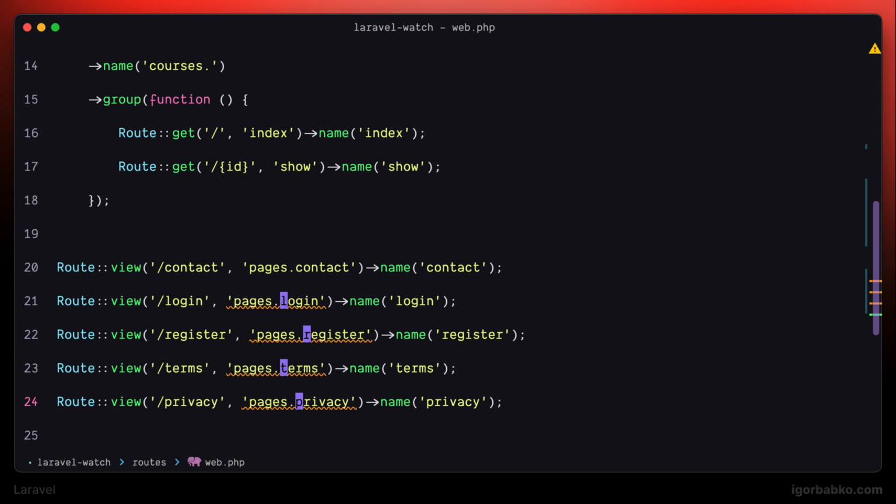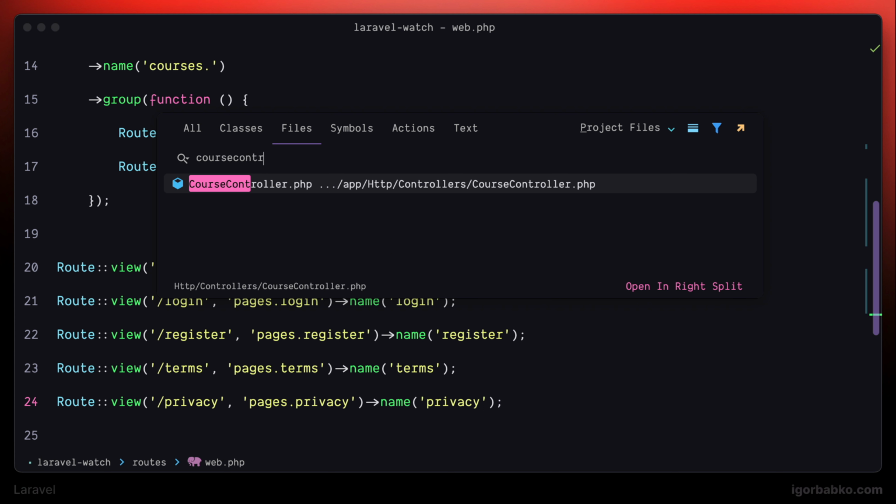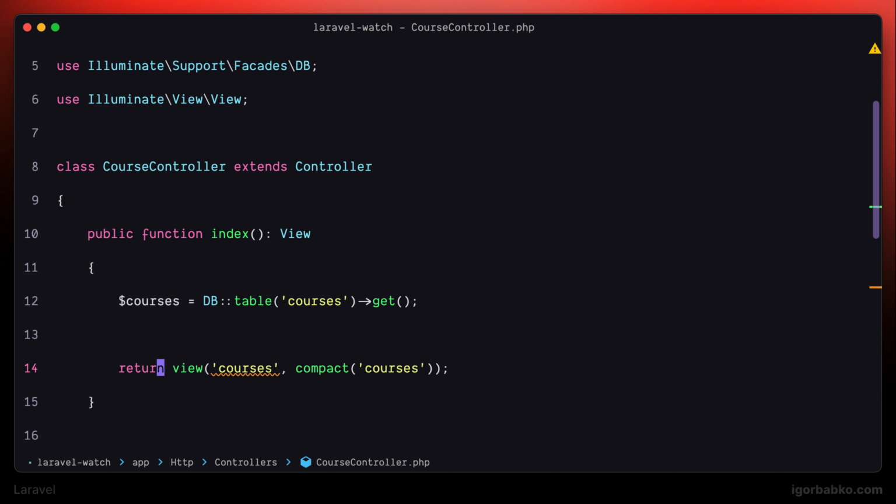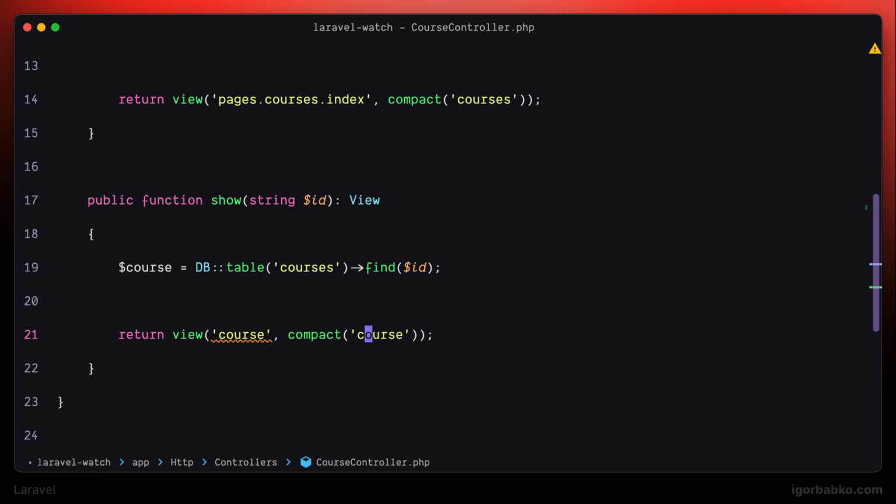Let's not forget that we also have some template references inside the course controller. Inside the index method, we'll have to use pages.courses.index as the template name, since we have moved the page responsible for showing the list of courses into the courses folder. And in the second method, we're also going to do a similar change, but this time the template name is show instead of index. And by specifying such notation when referencing views, we're basically reflecting the directory structure where those views are